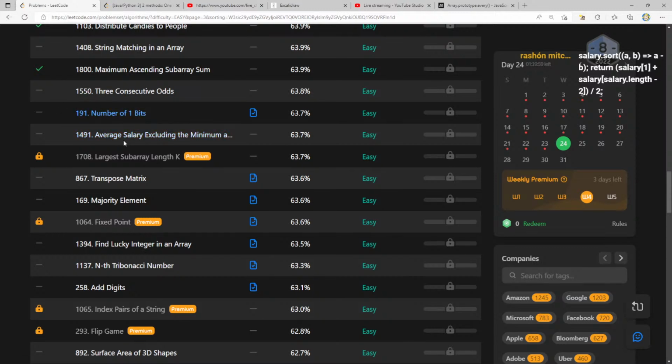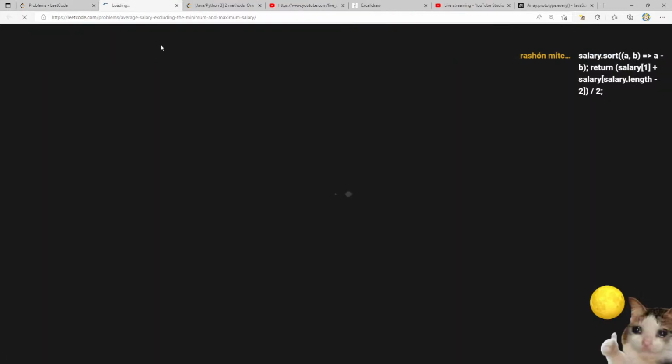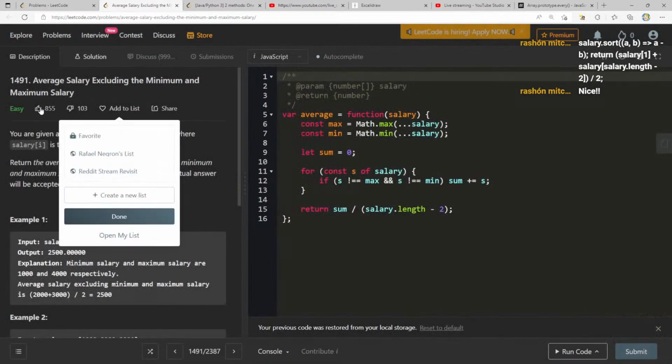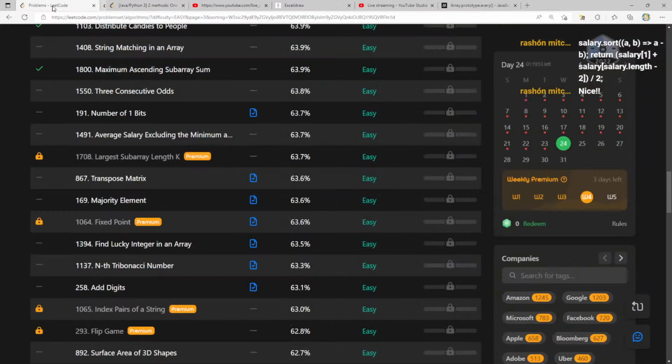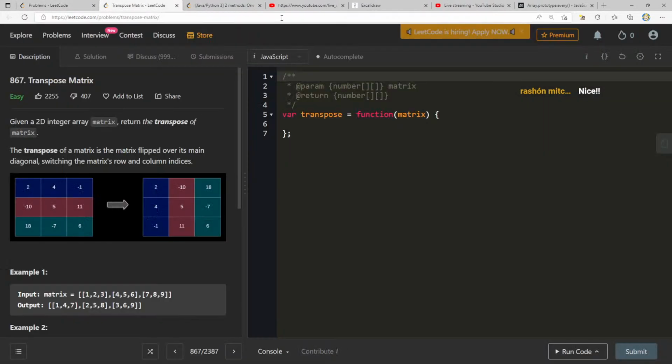And I think, to be fair, that was actually a decent question. I'm gonna add that one too. Transpose matrix. All right, so given a 2D integer array matrix, return the transpose of matrix. The transpose of matrix is the matrix flipped over its main diagonal, switching the matrix's row and column indices. All right, well, anytime I see this right here,